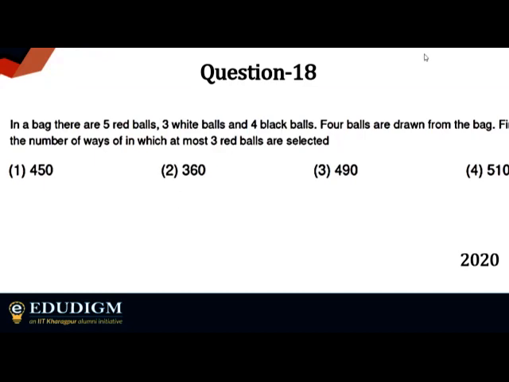So you already know what at most means. Okay, I've already got an answer from Mehak. Mehak is saying it is option 3, which is 490. Great. Aditya is saying it's 490. Great. So all of you just keep on calculating this one. This is pretty simple. You're getting the answers perfectly correctly. I'm sure it's not very difficult.